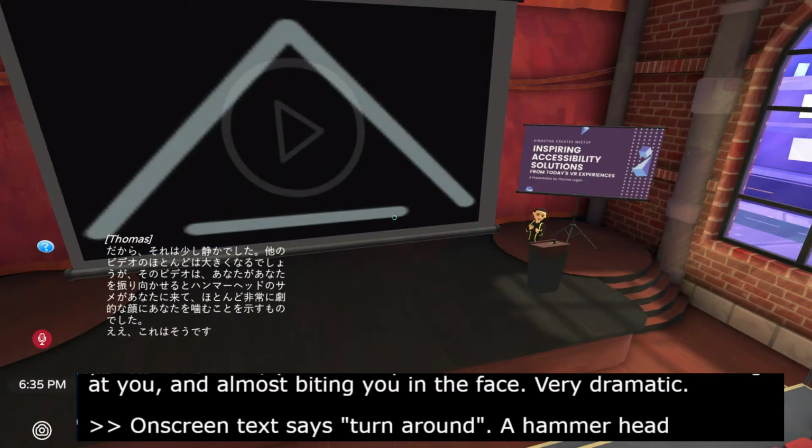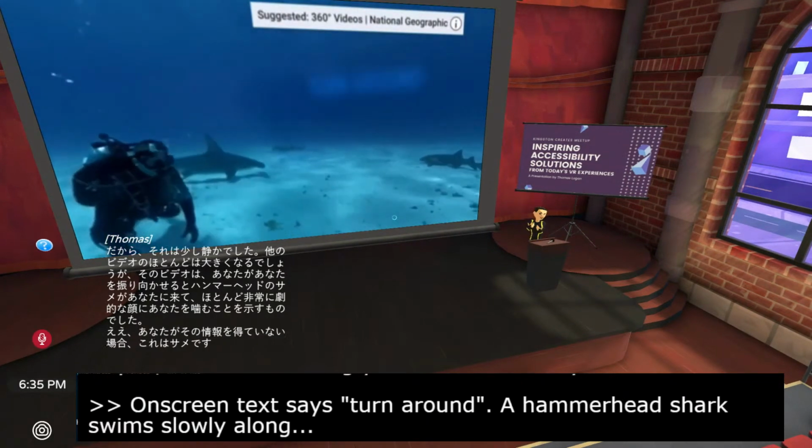So this is the shark, and if you didn't get that On-screen information, text says, turn around. A